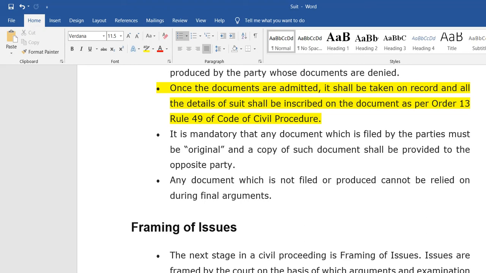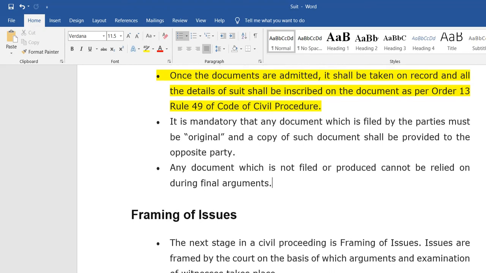Suppose you are providing some documents, and if you miss out any document, when the final argument is taken up, you cannot submit those documents.